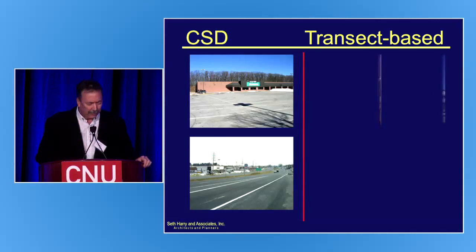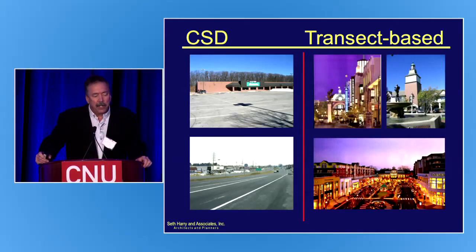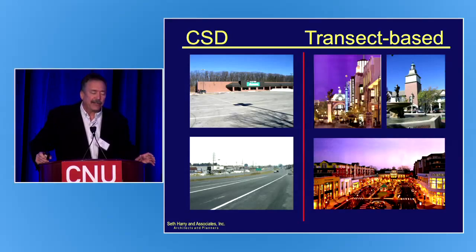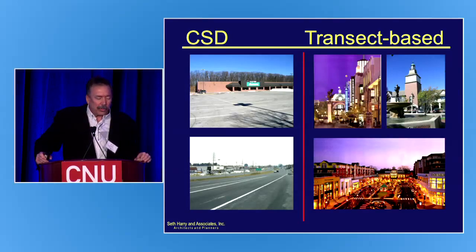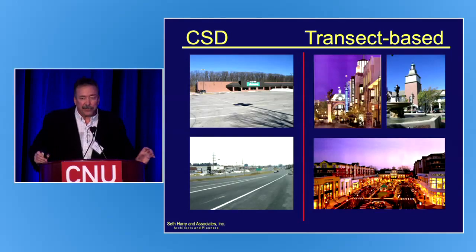But the idea is to begin to transform the suburban and urban landscapes from the more conventional suburban development model to the transect-based model, which is by definition more rational, more sustainable, more efficient, and has a whole range of benefits, not to mention the fact that it's just a lot more fun place to hang out. And it also has tangible market benefits because, as you can see on the images on the left,